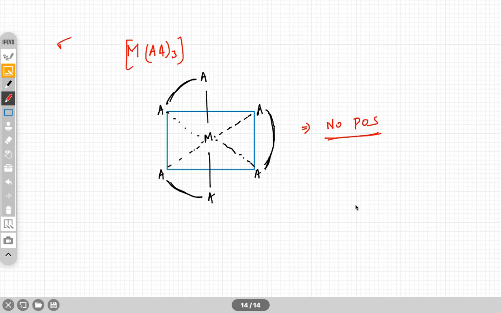That's why the plane of symmetry is not possible in this one. The same logic you can apply to these complexes also, MAA2, A2 type. The only difference is what? This AA2 is fine. We can have two monodentate